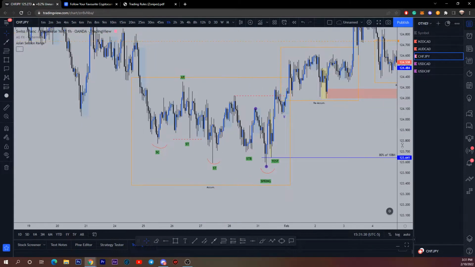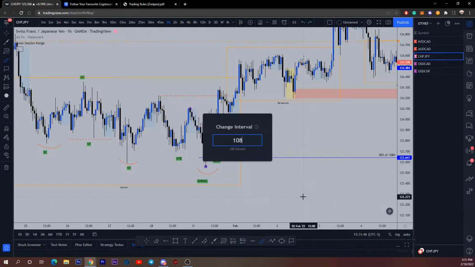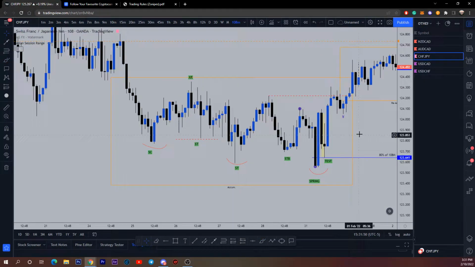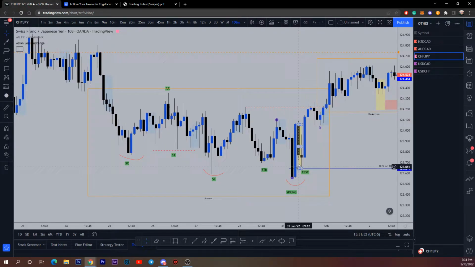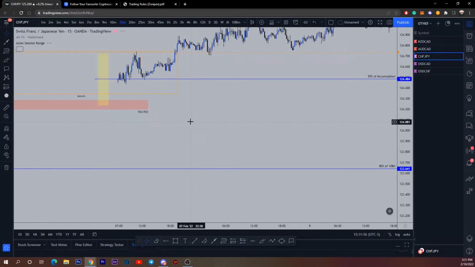So I mean, it's pretty simple. Selling climax, automatic rally, secondary test. You have your STMB in spring, and then I was going to take an entry off of this test right here. Well, right here, exactly where I set this. This is where I was going to take the entry because this was a 108-minute candle. I remember this candle right here, which caused the spring. So that is where was going to be my entry, but unfortunately, it wasn't